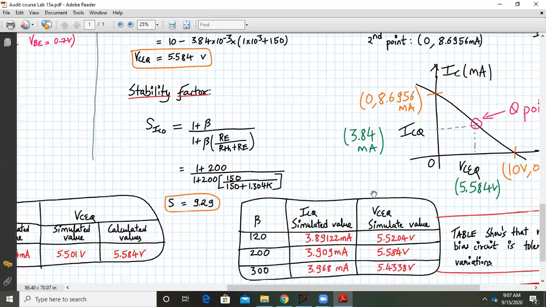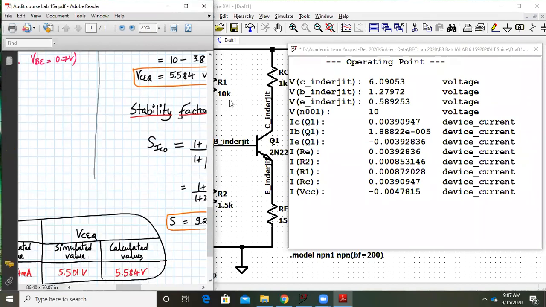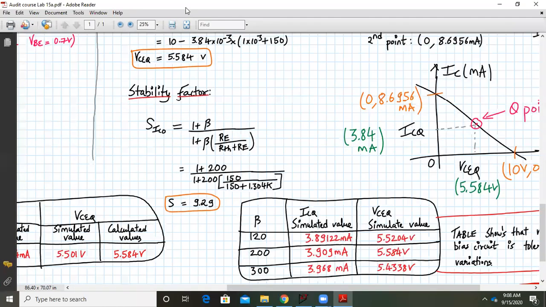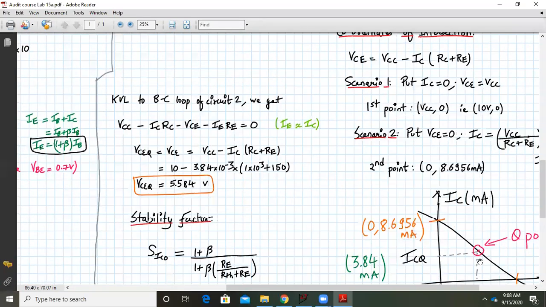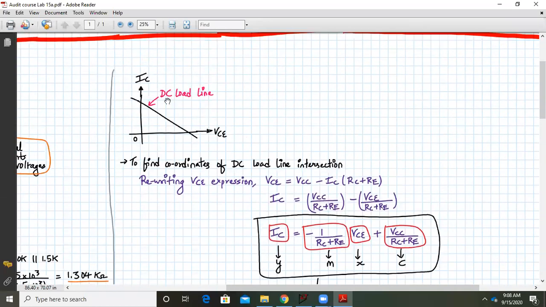Okay, fine, very good. And also find the stability factor. So this is how we can determine the various operating points, and that is where the terminal voltages, terminal currents and the Q point. Now let us do one thing. Actually, why this Q point is required, I will tell you all. This will tell whether which operating region my transistor will be in.